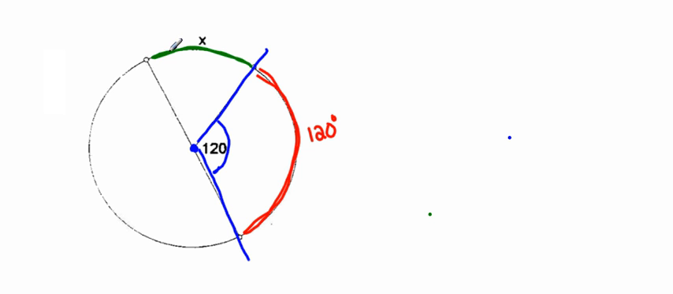I know that the distance from this point to this point is exactly halfway around the circle. So that passes through the center of the circle. A full circle would be 360 degrees. The purple arc is going to be half that, or 180 degrees. So if the green and the red together make up 180 degrees, then the value of X has to be